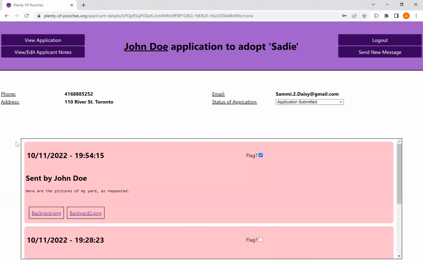If we want to update that for any reason, maybe now we've received the information and we want to let them know that it's under review, so they know they're waiting for us, we simply choose from the drop-down list. Now, this drop-down list can be specific to your rescue, so you can put whatever statuses you use in this list. I'm going to change it to under review by rescue, and then what it will do